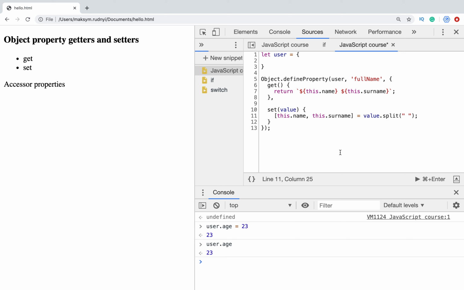For example, how it works: user full name. Right now, when we try to get it, we get undefined because we don't have name and surname. But in case we want to assign this,